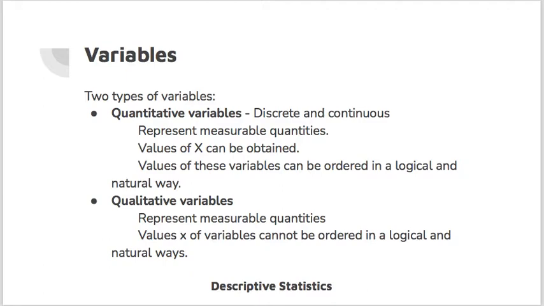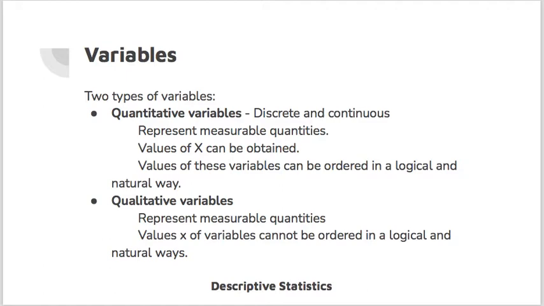What does this actually mean? For example, representing measured quantities: the size of a shirt, the car size, the price of vegetables, the price of any groceries, and the number of universities in the state. It would be a definite number: 8, 12, 15. Heights of children you can represent in meters, centimeters and inches. These are a few examples for quantitative variables.